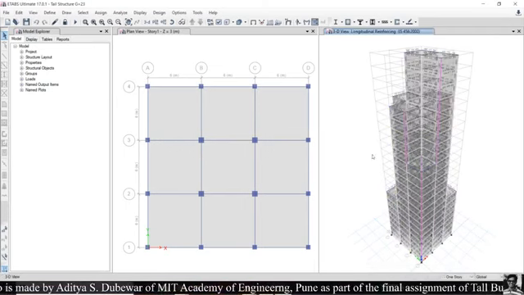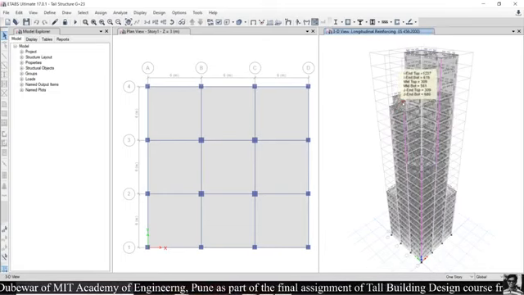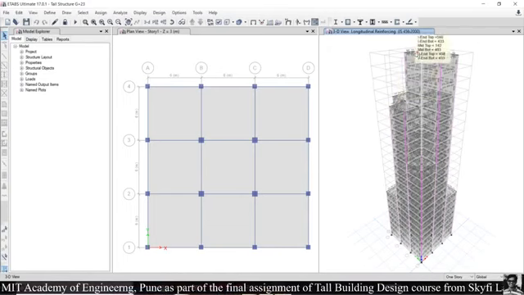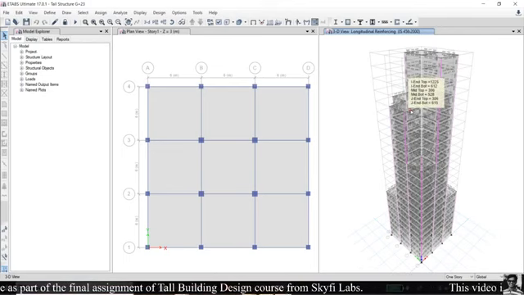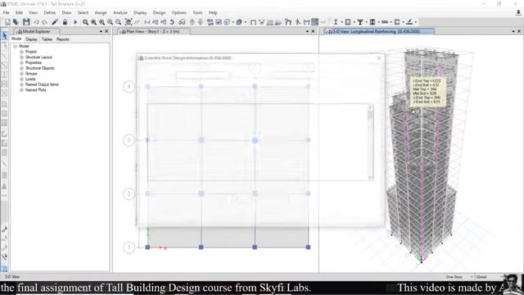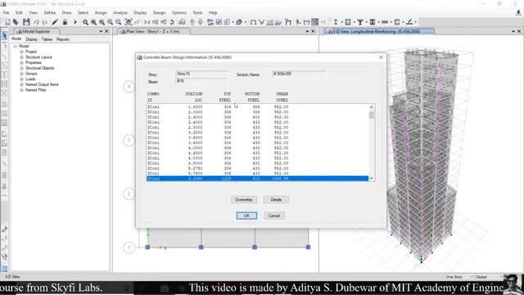After designing, we can see the various reinforcement details for the various sections of the building. For seeing that, click any member whose reinforcement details you want to see. After right clicking, we can see the reinforcement details, that is the top steel, bottom steel and shear steel.